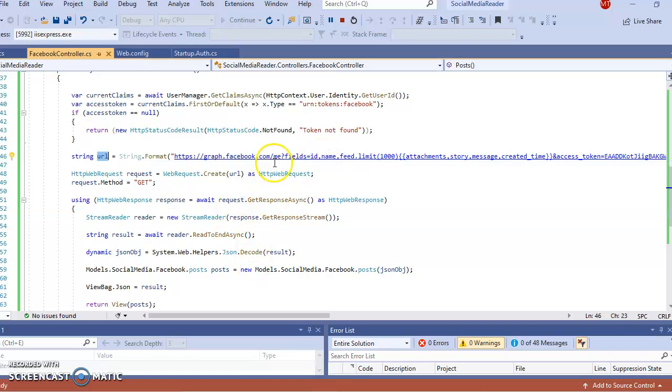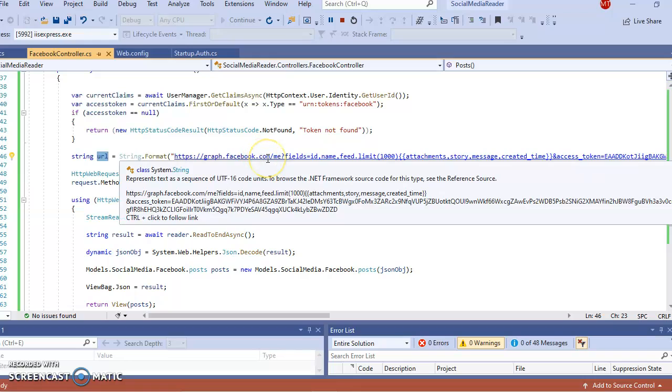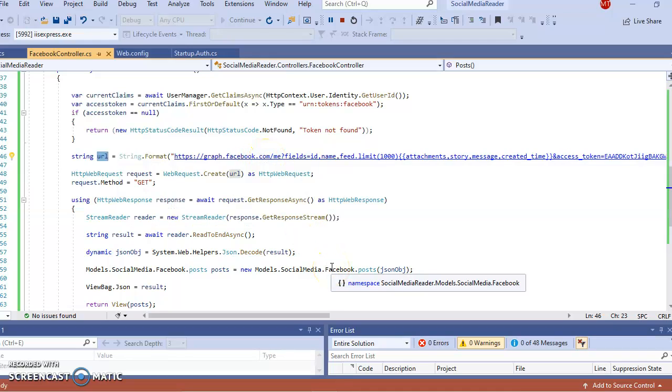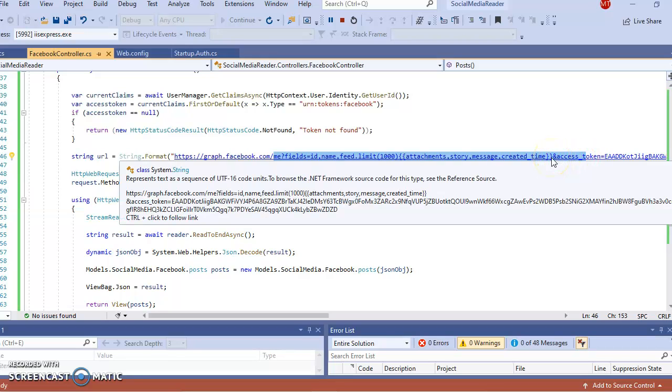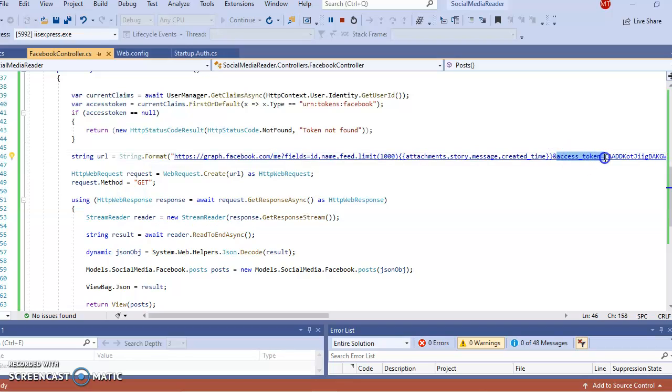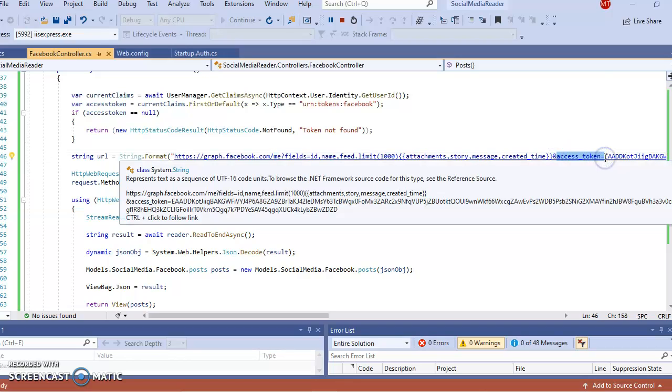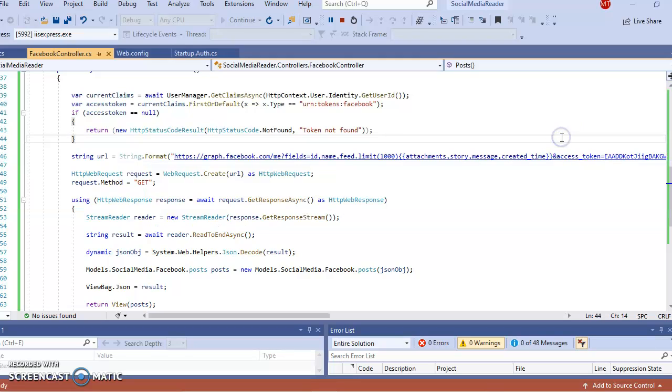For that, we make use of graph.facebook.com, as we have seen with the Graph API. From there, we collect the data. This information is what we got on creating the graph, and the access token which is generated over there is given separately, access token equals, so the access token is given in order to fetch the data from our Facebook.